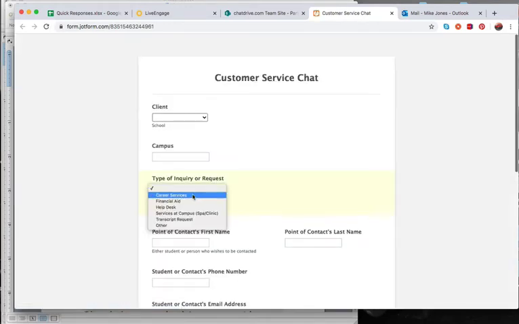Type of inquiry: career services, financial aid, help desk, services at campus, transcript request, other. With a lot of these, just about all of our clients have answers to these. We just want to make a reminder that this jot form is for unique situations,